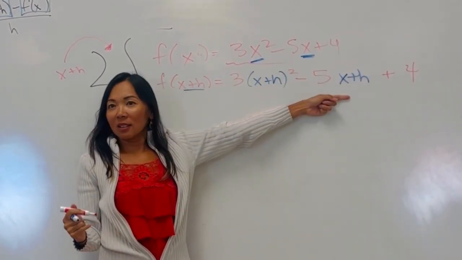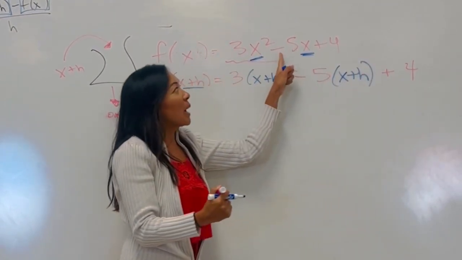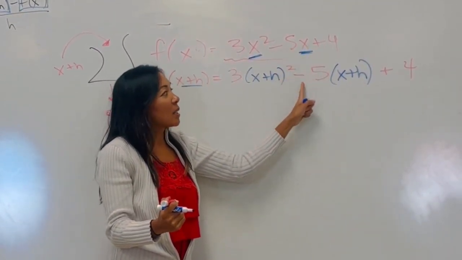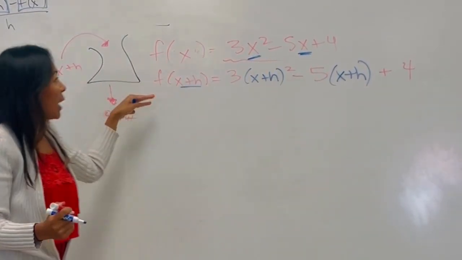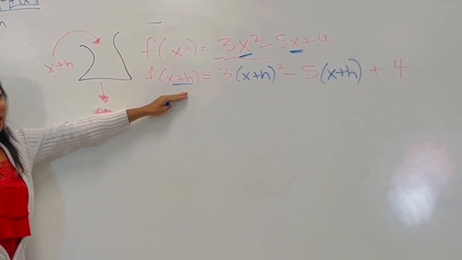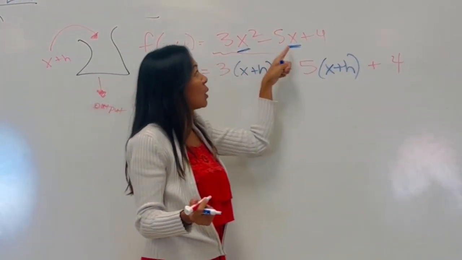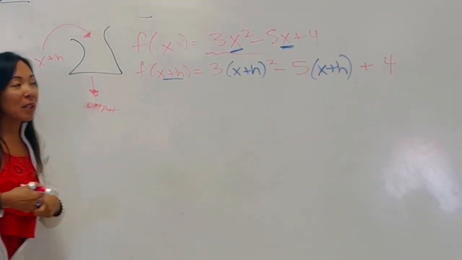What am I missing? Parentheses, right? So you have to put parentheses around it because you're saying minus 5 times the input, so minus 5 times this whole input. So this is what happens when you feed the machine some type of input. Wherever you see your input, you replace it. So now we do our regular